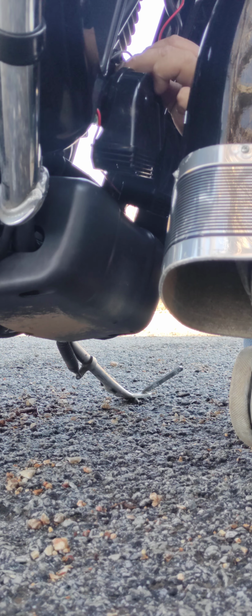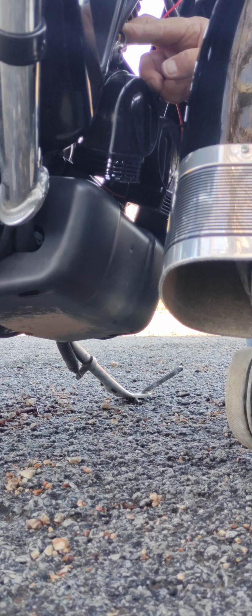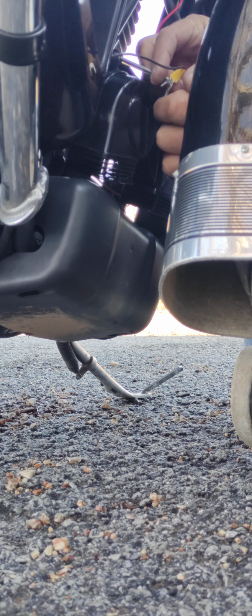Now back to the left ground. And there we go. Set that on top of that screw. Now I'm using just 1/4 inch fork terminals on the ground wires,